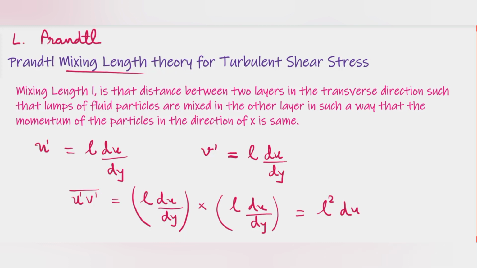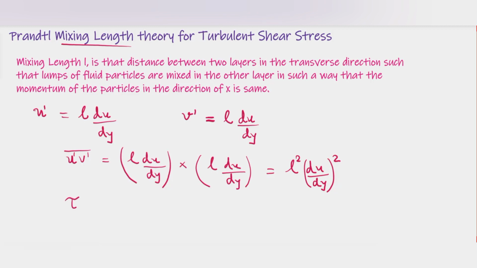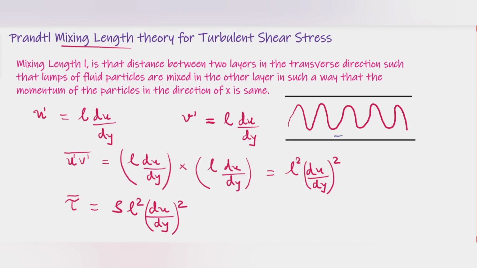Then we can write the shear stress in turbulent flow like this. Tau bar is equal to rho L square du by dy whole square. In this diagram I am trying to show you that very near the pipe boundary there will be viscous shear stress, but except near the boundary the viscous shear stress will be negligible. Why? Because the shear stress due to turbulence will dominate. So except near the boundary my viscous shear stress is negligible,